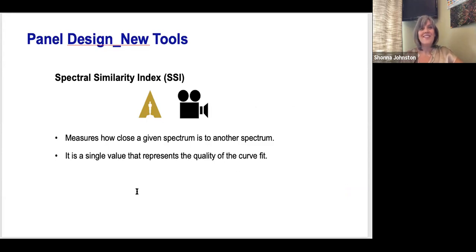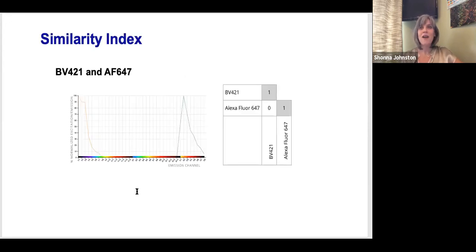Now, the first thing I did was Google Spectral Similarity Index, and it came up with the Oscars webpage, because apparently they use Spectral Similarity Index to describe lighting for digital cinema cameras, which is quite interesting. And it's doing exactly the same thing as what we would want it to do in flow cytometry, which is measuring how close a given spectrum is to another spectrum. In this case, it's a single value that represents the quality of the curve fit. What their single values are, I don't know, I didn't go into that, but I did have a look at the flow cytometry example where the scale goes from 0 to 1, where 0 is no similarity at all to